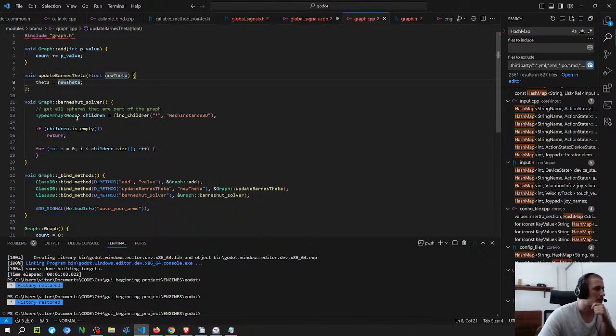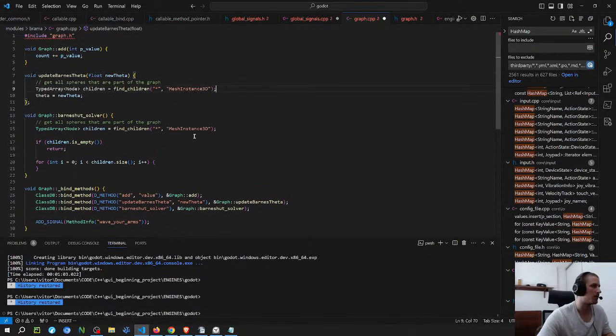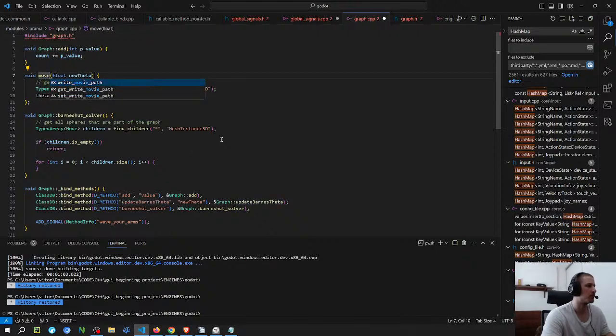But if I add, so maybe I should get the children of this. So do essentially what I'm doing here and then move the children. So I'm gonna change the name. No, move child mesh.